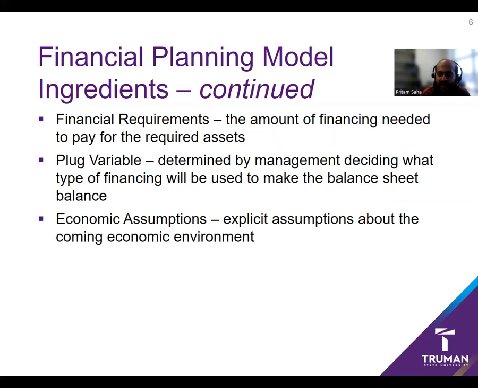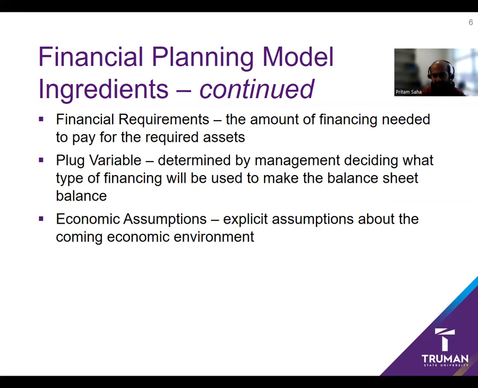After we know how much money we need, the management will decide how they will source the money. Should they keep all that net income and invest in fixed assets, or should they go for debt financing? When we talk about management decisions, it's a decision variable. It is also known as a plug variable. By plug variable, that means management will decide: should you retain all the net income and invest, or should we pay out the net income and issue some debt?